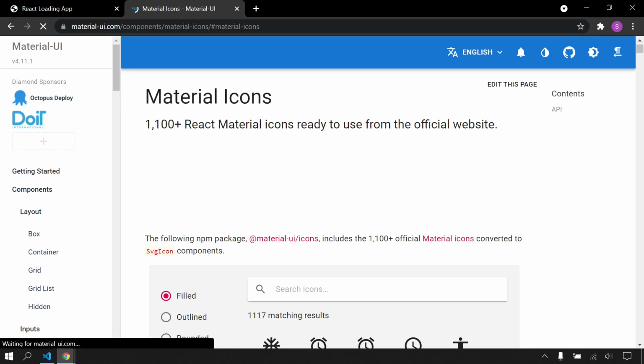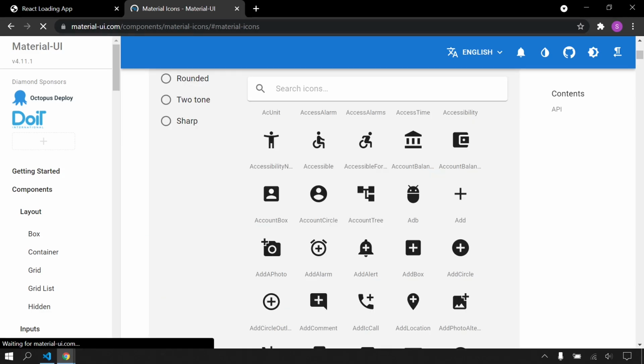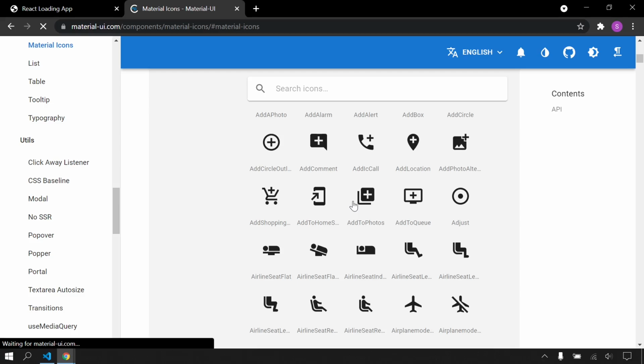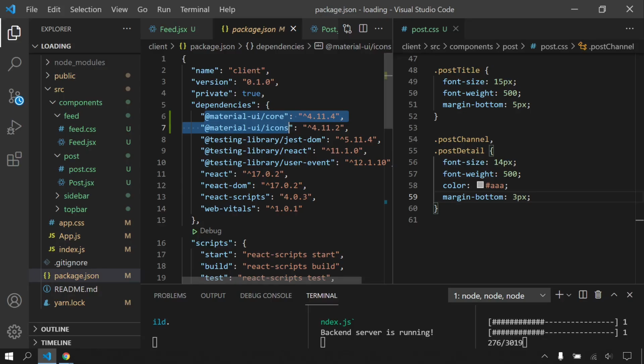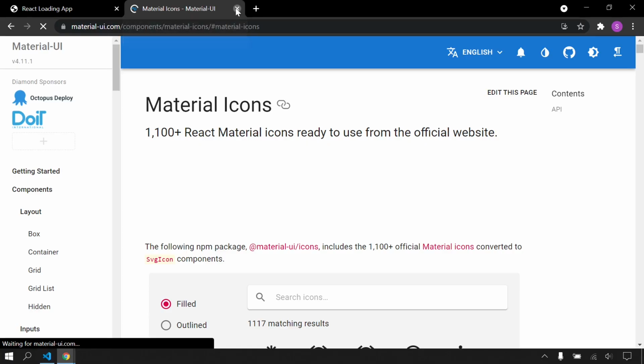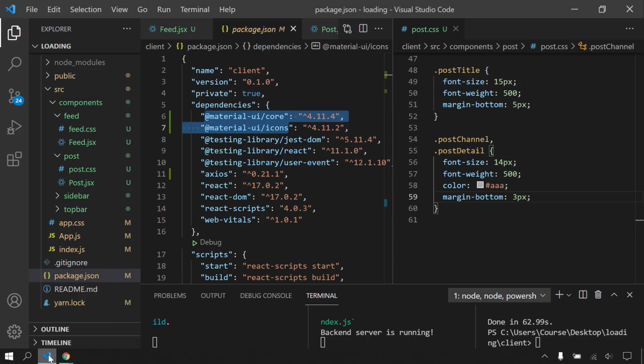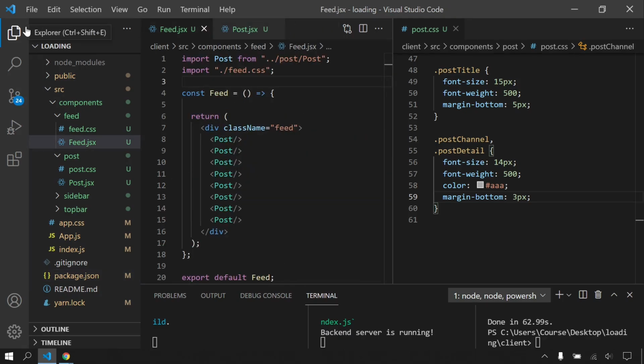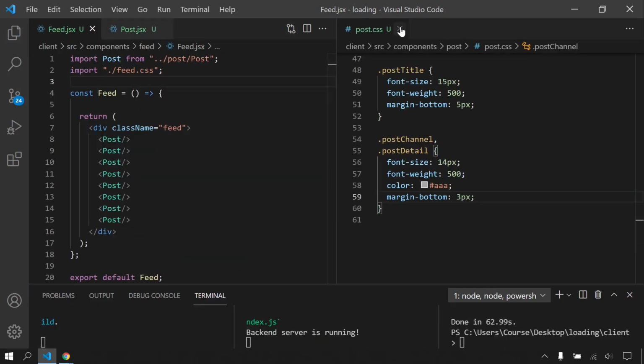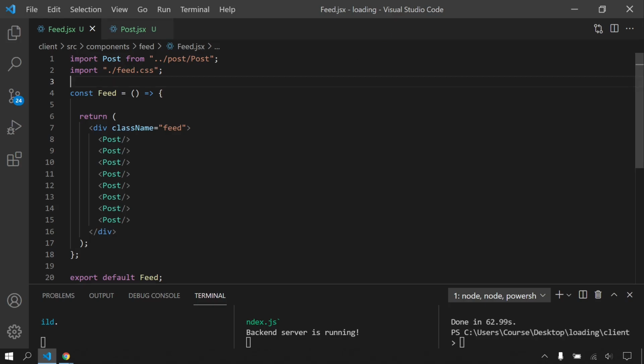You can choose any icons here, and to use these icons you have to import these two libraries. So let's close here, and in my code editor I can close here. As you can see, Axios is ready. Okay, let's close this CSS file also.